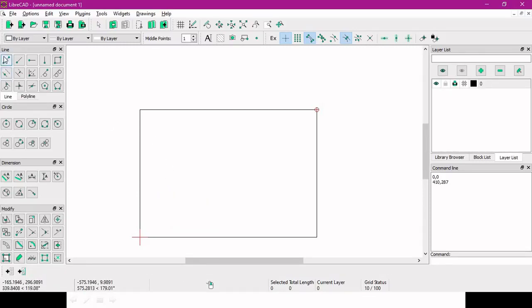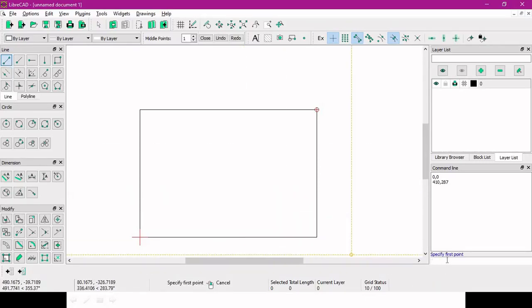Now you can use the line tool or you can use the rectangle tool. So first let's go for the line tool. Specify the first point. We have taken it as 150 by 150. So it started here. The next point is 200 by 150.